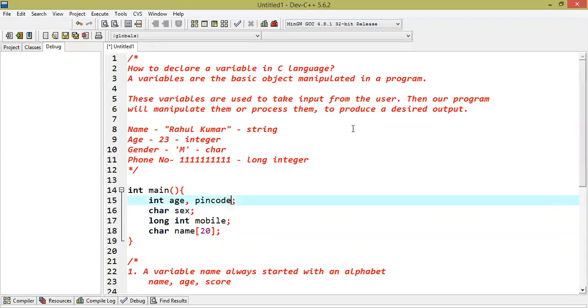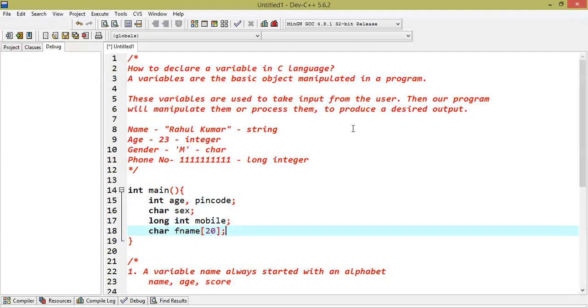So one of the ways we can do it is to use the same data type in the same statement and use a comma as a separator to create another variable. Similarly, in name also, we can have fname, first name as one, then we can have mname as a middle name, and suppose we also have lname as a last name.